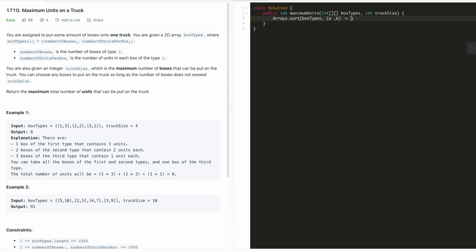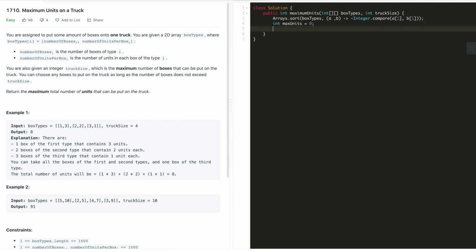We have to sort in descending order, so we will multiply by minus 1 and compare using Integer.compare of the first box's units at index 1, b[1]. The minus 1 is because we have to sort in descending order. Once sorting is done, let's take the result variable initialized to 0, which we will call maxUnits.